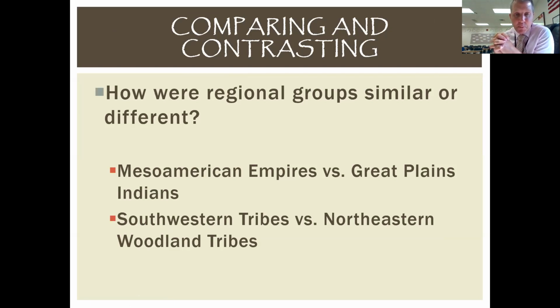So we could review lots of different similarities or differences between those groups. But what you might find is food sources. You might be talking about religious or cultural similarities or differences in government, organization, permanence, like nomadic versus sedentary, those kinds of things. All right. So that comparison is really what you need to be able to do. How are these groups similar and how are they different?